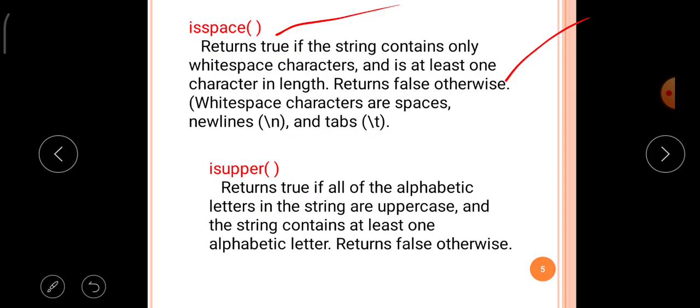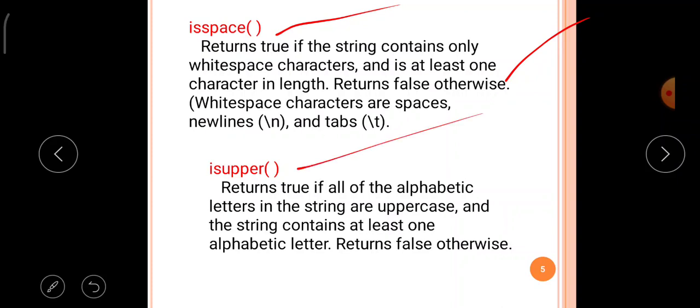White space characters are not displayed on the screen, but their presence is in the program. For example, if you press the space bar, its appearance is not visible on your monitor, but it gives a particular space. Similarly, backslash n is the new line character, and the control will move to the new line. The backslash t creates the tab character. The isspace function verifies whether the character is a white space character or not. If it is, it returns true, otherwise it returns false.